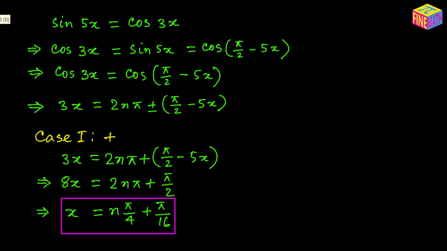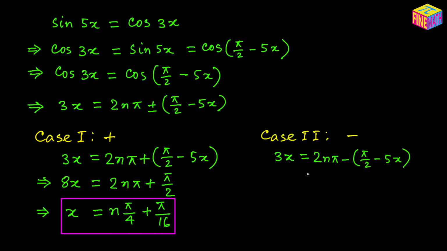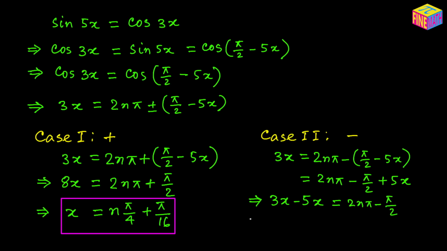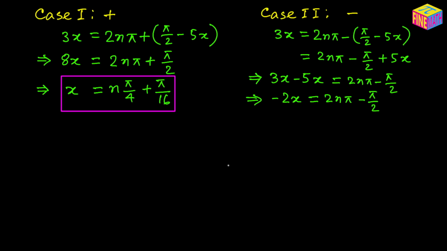Let's also take the second case, and in this case we are going to take the negative sign. So we can say 3x equals 2n pi minus pi over 2 minus 5x, and if we remove the parenthesis it will look like 2n pi minus pi over 2 plus 5x. From here we can say that 3x minus 5x is equal to 2n pi minus pi over 2, and that is nothing but negative 2x is equal to 2n pi minus pi over 2. If we multiply both sides by negative 1,